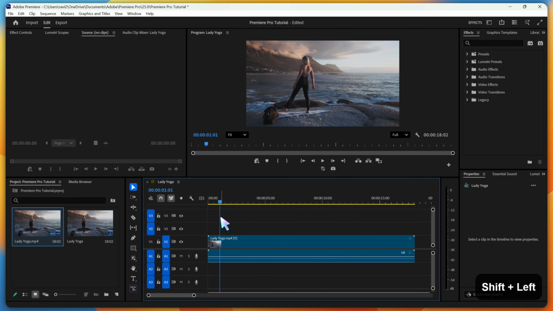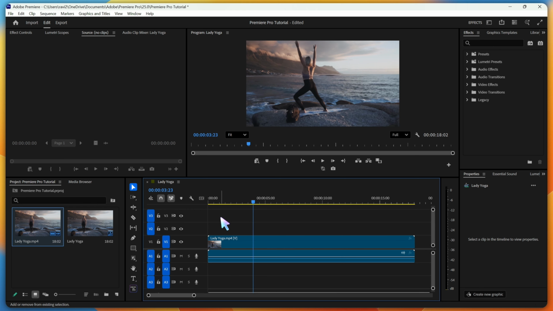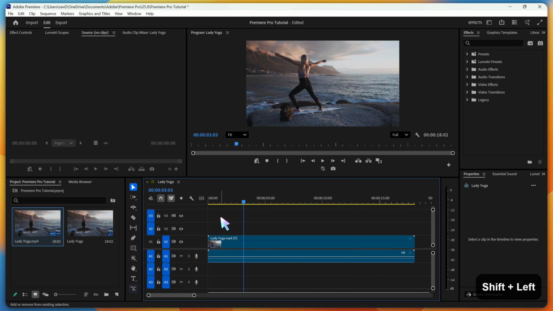This is very useful when adjusting cuts slightly or checking motion changes quickly without moving frame by frame repeatedly. These shortcuts work directly inside the timeline and give you much better control over precision editing. And that's it. You now know how to move frame by frame and jump 5 frames forward or backward in